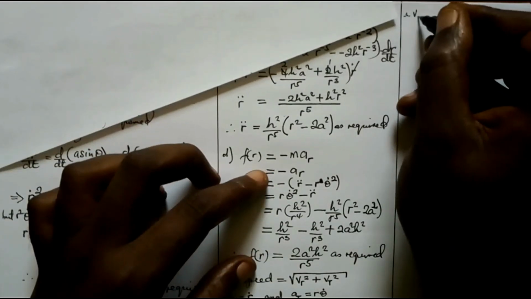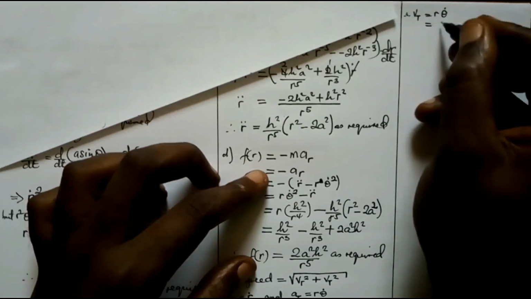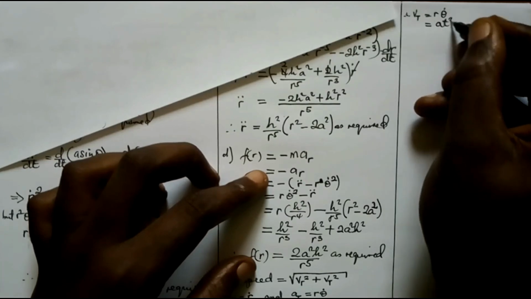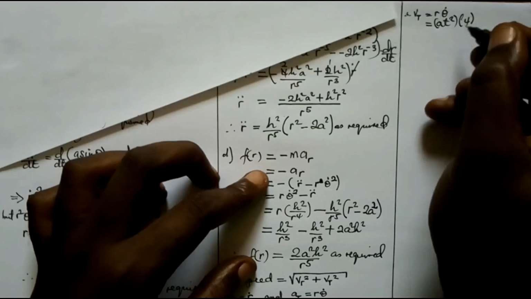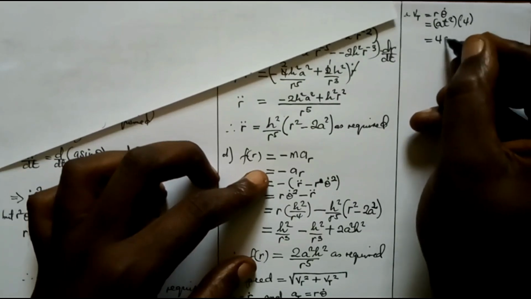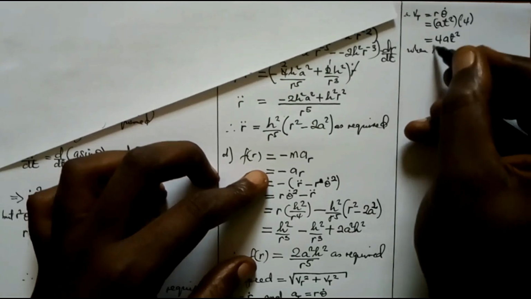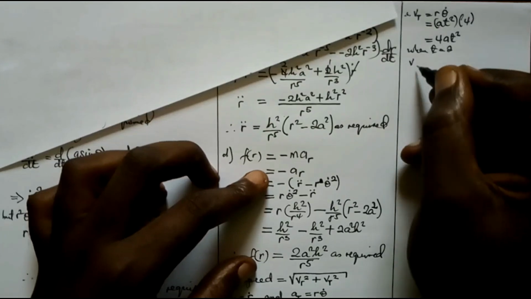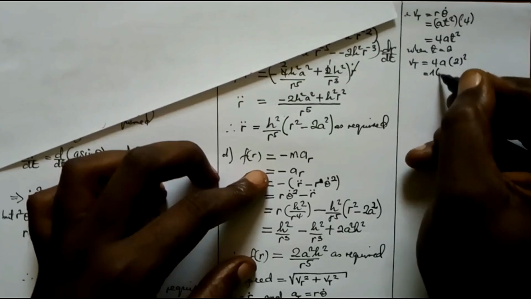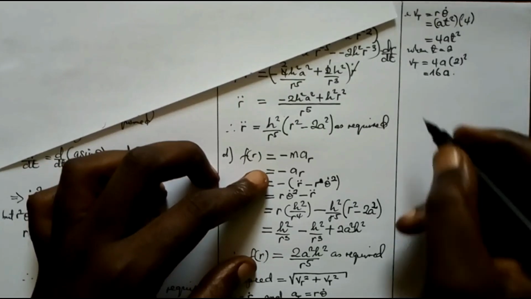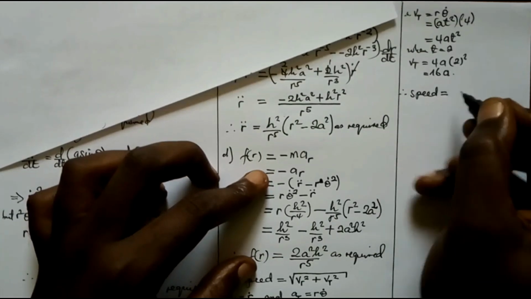Therefore, V_t, which is r theta dot, should be a t squared for r into theta dot, which is t squared. That gives a t to the fourth? No: that gives 4a t squared when evaluated with theta dot equal to 4. And when t equals 2 again, V_t would be 4a into 2 squared, which is 16a. Therefore, speed should be equal to the square root of